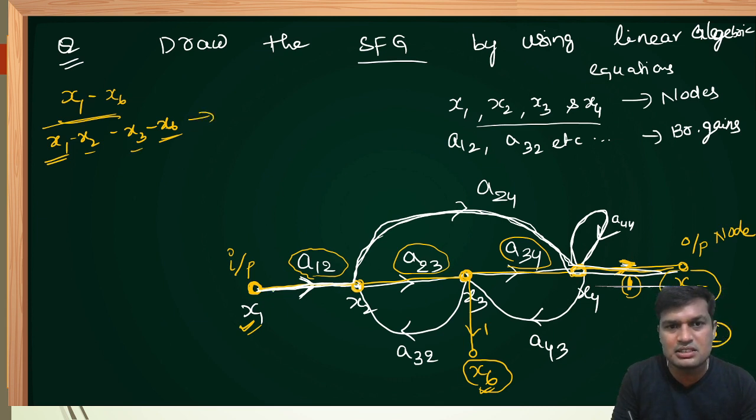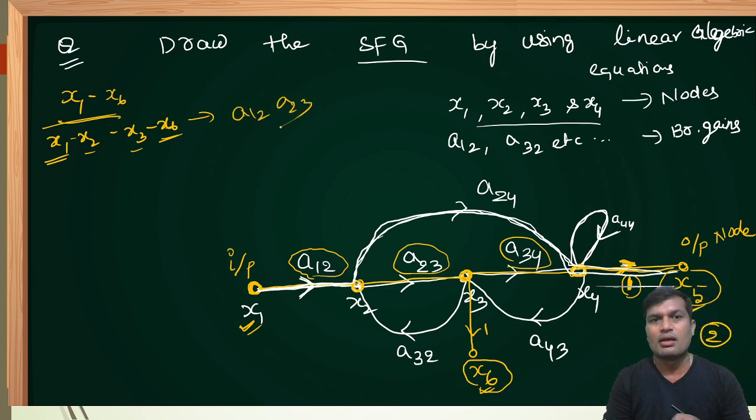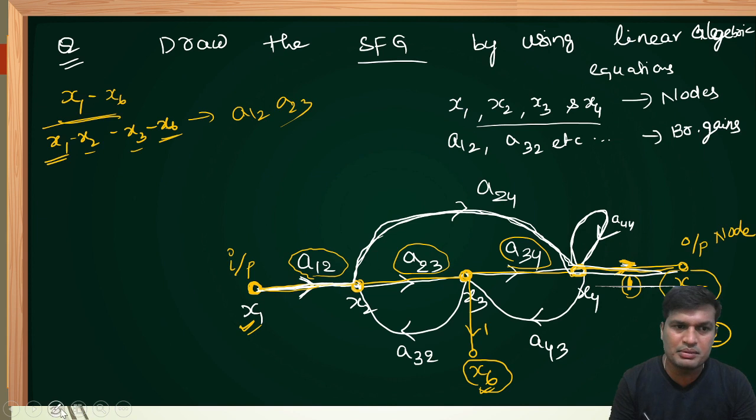What is the gain of the path? Just cascade all these things, that is, multiply the gains. A12, A23. One path is completed. Is there any other path? Let's see. x1, x2, and this arrow is in the opposite direction, therefore it is not a forward path. Let's see another direction. x1, let me change the color for better understanding. x1, x2, x4, in this direction if you come, this is the opposite direction, it is not a forward path. x4, x3, x6. It starts at input node x1, x2, x4, x3, x6. It is also a forward path, correct?